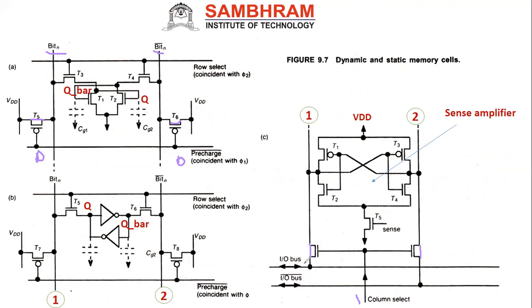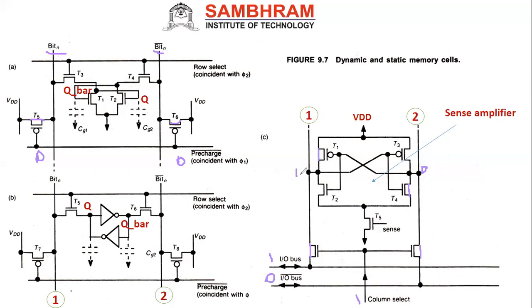Why? Because, for example, the IO bus value is 1, then the IO bar bus value is 0. So this value will go over there. This is complete 1, right? See, your bit line is completely 1 only. Then the bit line bar value is 0 only. Now this is 1, now this is 0. If this is 1, we can say this transistor will be off, then this will be on, correct? Next, at the same time, this is 0, this will be on, correct? Sorry, yes, this will be off.